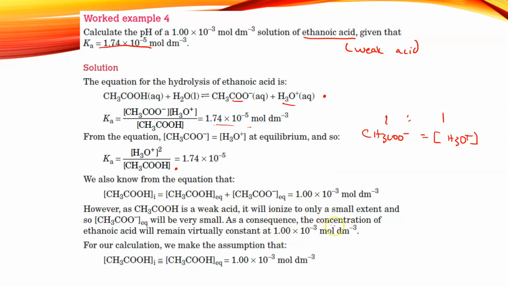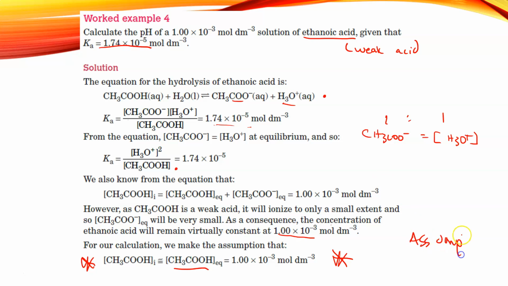So as a consequence of this, the concentration of ethanoic acid is said to remain virtually constant. Therefore, with these calculations, we are making the assumption that the initial concentration of the acid is going to be equal to the equilibrium concentration of the acid. So we can then take the concentration from the initial question and use that. So this is a key assumption